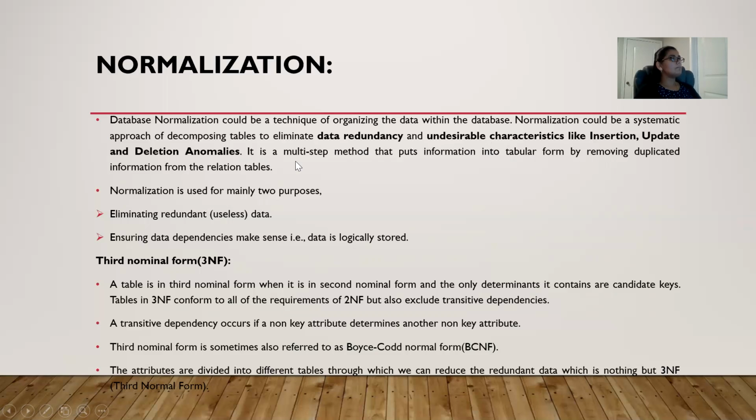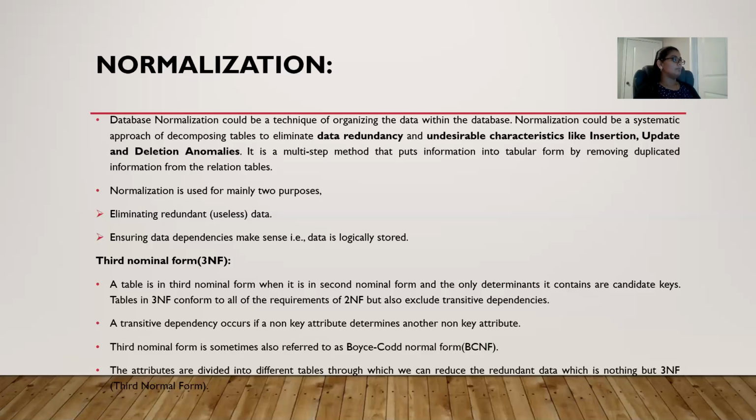It is a multi-step method that puts information into tabular form by removing duplicated information from the relation tables. So the main two purposes of this normalization are to eliminate the redundant data and ensure that data dependencies make sense. That is, data is logically stored.